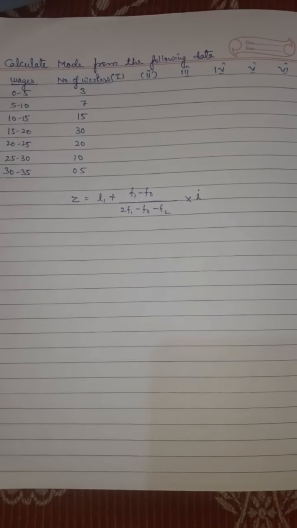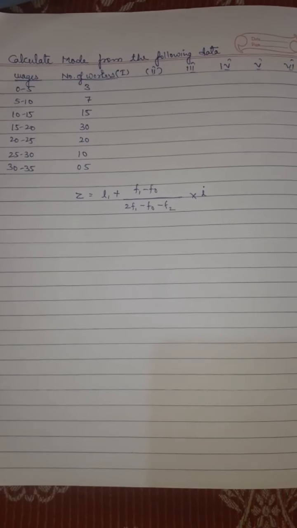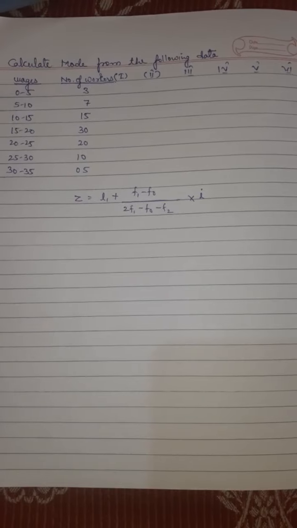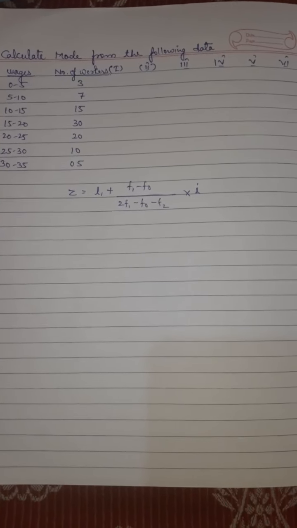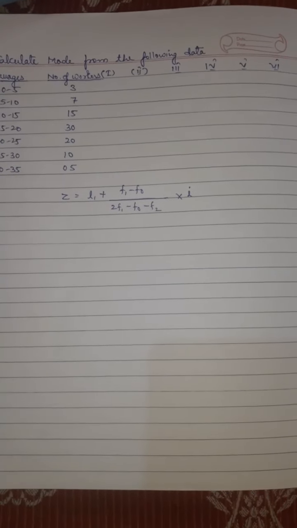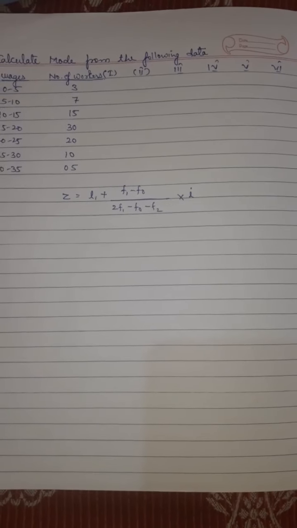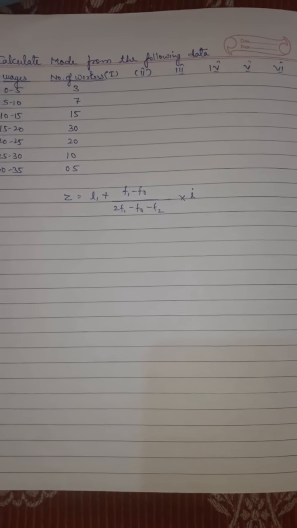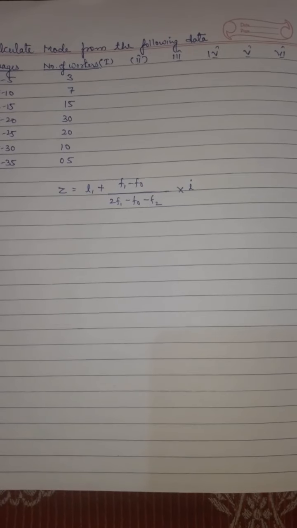Now you see the question that we have got. Wages are in the form of class interval, and number of workers is in the form of frequency. Where we have written number of workers, I have made it column number 1. For the grouping method, there are 6 columns to be made. Now how these columns are to be filled, listen carefully. The number of workers is the frequency given in the question, that is your first column.